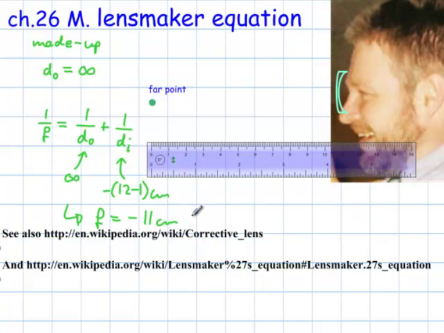which in diopters is negative 9, because diopters are computed as 100 divided by the focal length in centimeters. So my optometrist would have to assign me negative 9.00 diopters, and that's about right. That's what I get. Okay, but that still means that the lens maker has to manufacture the lens,